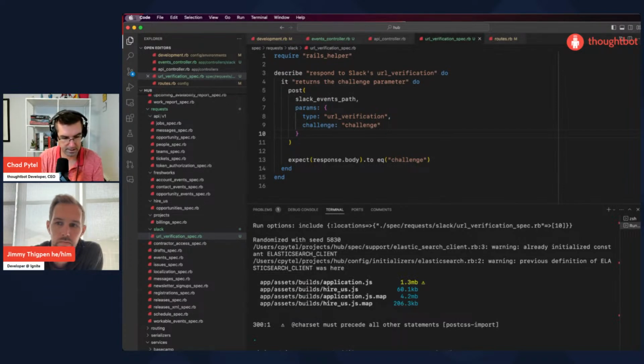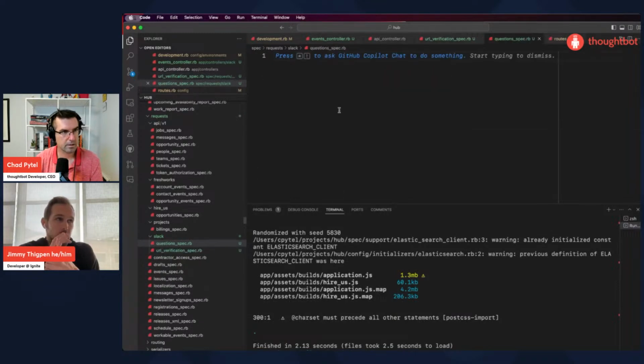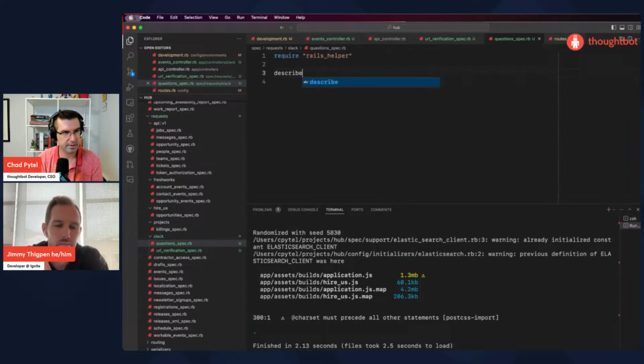Spec requests, Slack. What should we call this? Respond to. Actually, let's just call it... Do we want this to be just like Hub can respond with a GPT response or other stuff, or is it scoped to just the search? Let's just do, I just called it questions.spec, Slack questions.spec. Yeah, that'll get us started. That makes sense.